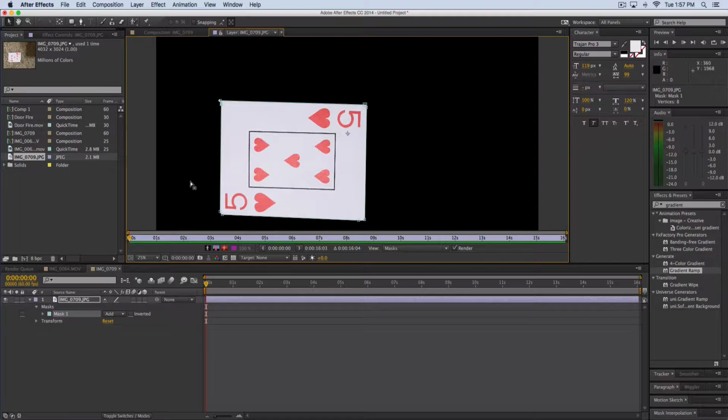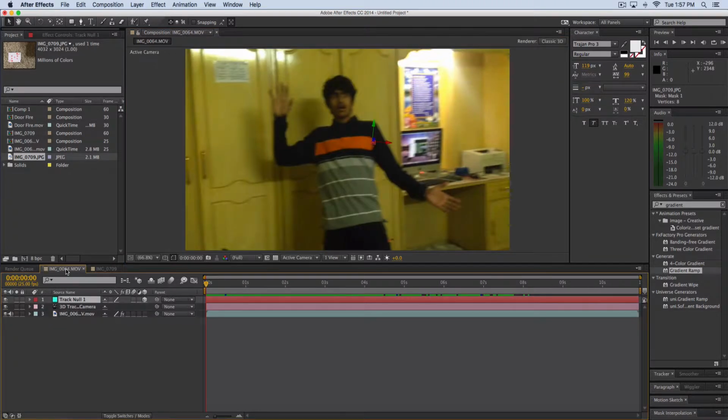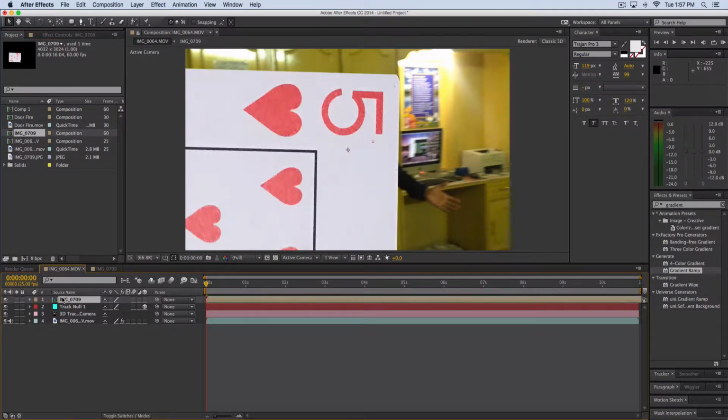Alright guys, now we have masked our card, and now we have this. Now we're going to go back to our old comp, and what we're going to do is import that comp and just drag it to the top. So now we have a giant big card. It's laying over there. Now what we're going to do to this before you do anything else is we're going to make this 3D,